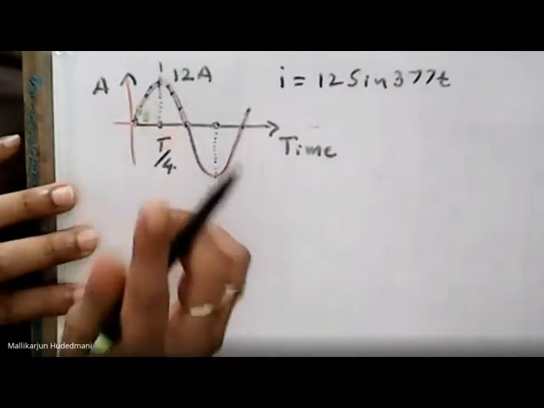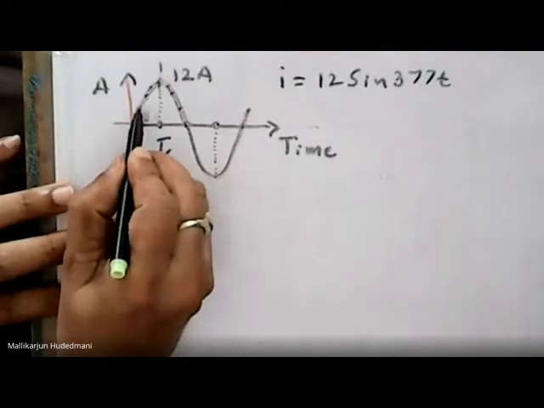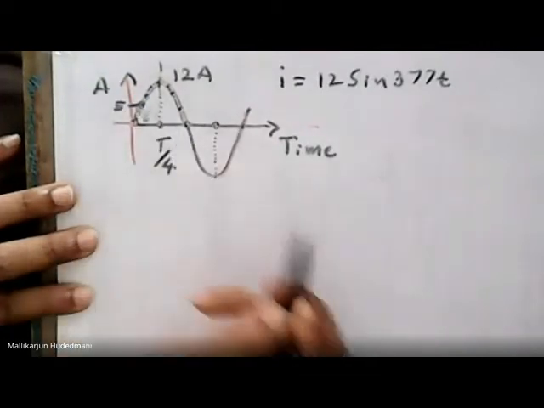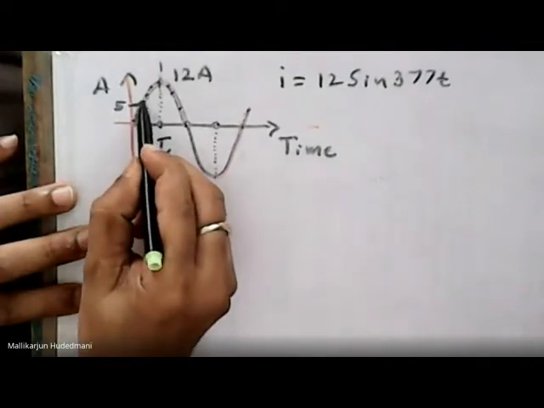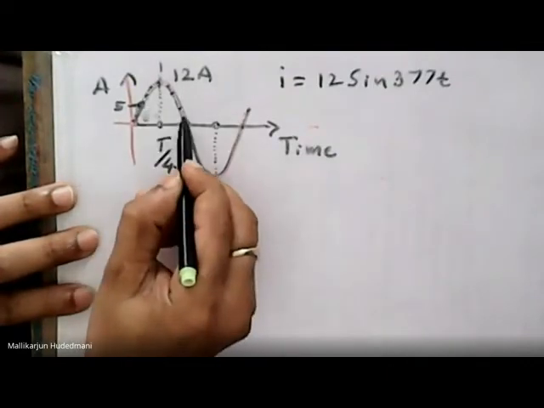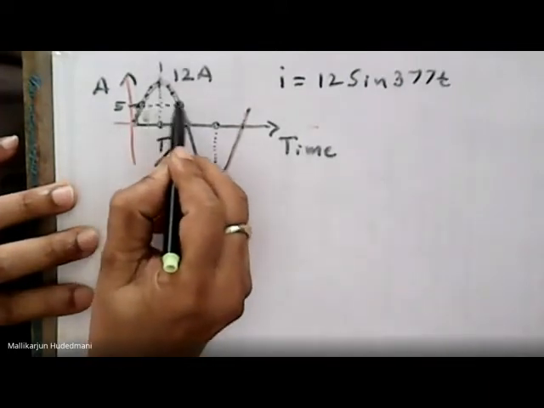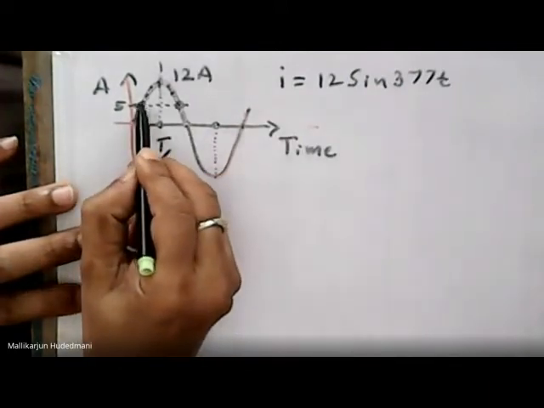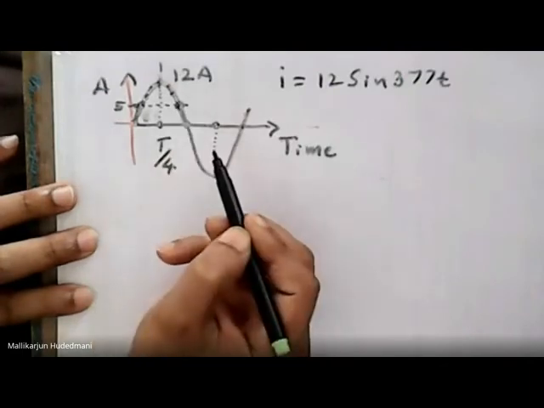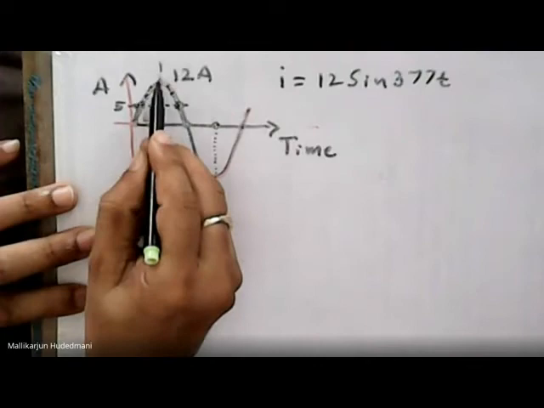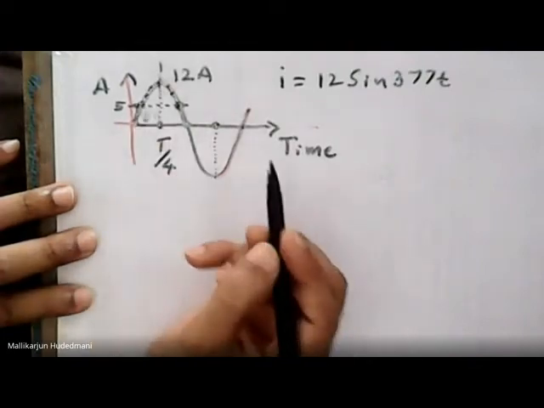Why I take this? Suppose this is the time taken to attain 5 ampere. Somewhere, some point, 5 ampere here. The same 5 ampere I will get here also. Can I get this? Yes. So if I make a dot here, 5 ampere is available here, and 5 ampere is here also. Now this 5 ampere, how do I get it? When does that quantity represent 5 ampere? I can get it this way.